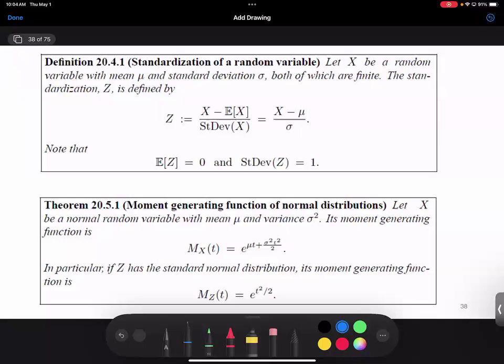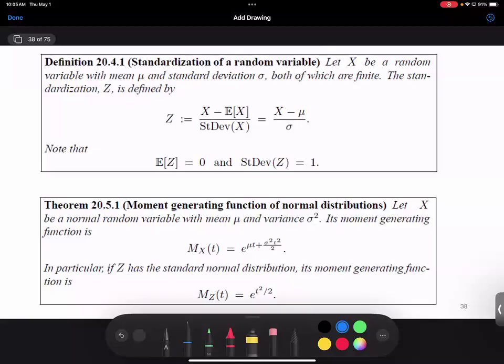And so what we do is we take a random variable x, we subtract its mean, and then we divide by the standard deviation, and that new quantity will have mean 0, variance 1. And so typically what we'll do is we will look at a sum of independent identically distributed random variables, subtract the mean of the sum, divide by the standard deviation of the sum, and that new quantity will have mean 0, variance 1. And hopefully that will converge to the standard normal. If we didn't subtract the mean and we didn't divide by the standard deviation, it would just be converging to a different Gaussian. It might be converging to a Gaussian with growing mean and growing variance. This way, we only have to look at knowing one normal distribution.